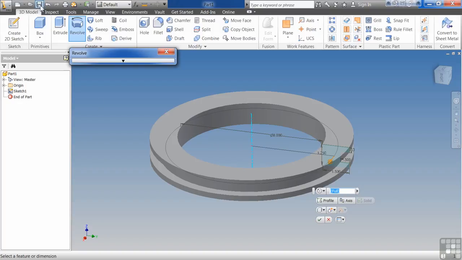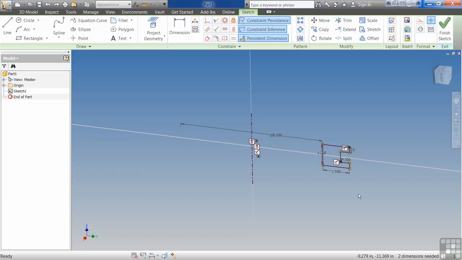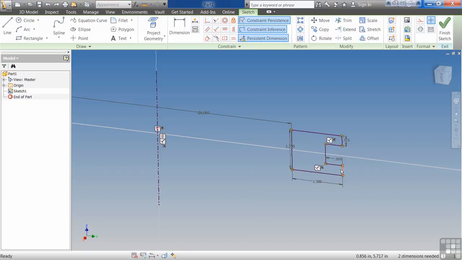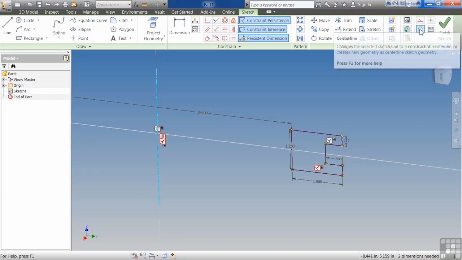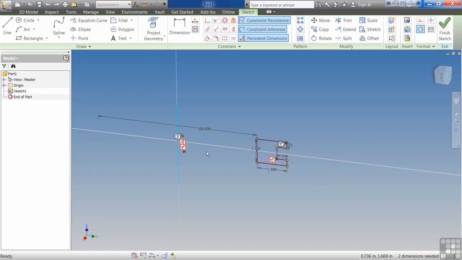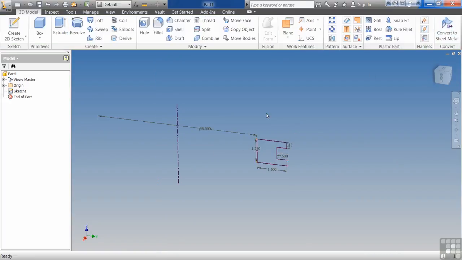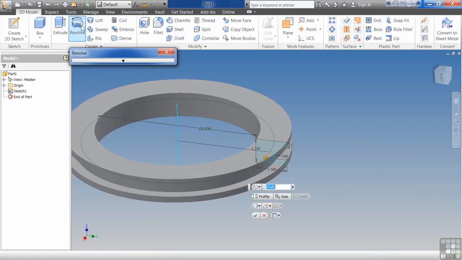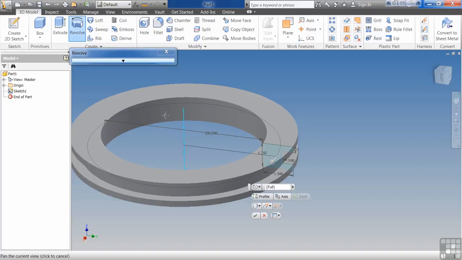If I stop here for a second and I go back and look at my sketch, you can see I have the closed feature and then I have a center line. Create the center line by drawing a line, selecting it, and then coming over to the line type. We'll discuss this a little bit more in detail in another exercise. You finish your sketch. Once again, I'll go up to the top and click revolve, and you can see I